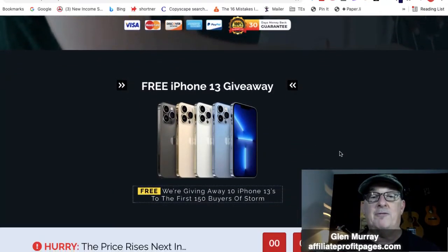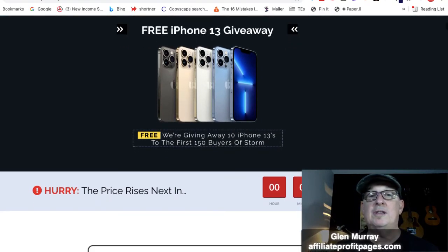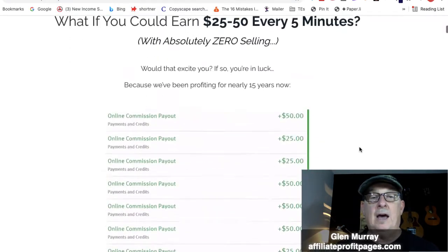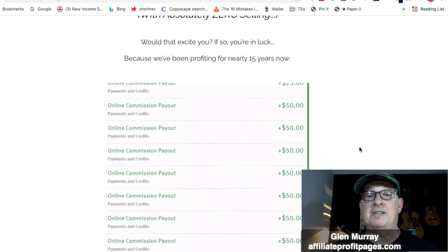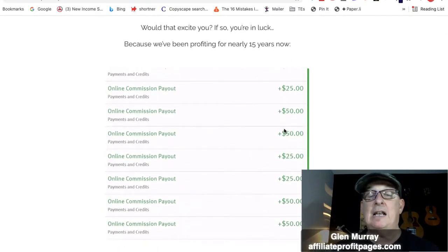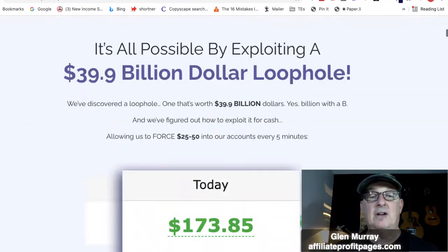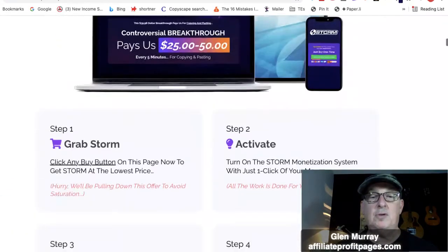Look at that. They're giving away 10 iPhone 13s for the first 150 buyers of Storm. They're going to give away 10, so you're going to be on the draw for that. Zero selling. So if you hate selling, you're not selling. These guys have got, it looks like, ClickBank products in there for $25, $50, and that's what they're getting there. Yeah, so it's pretty cool